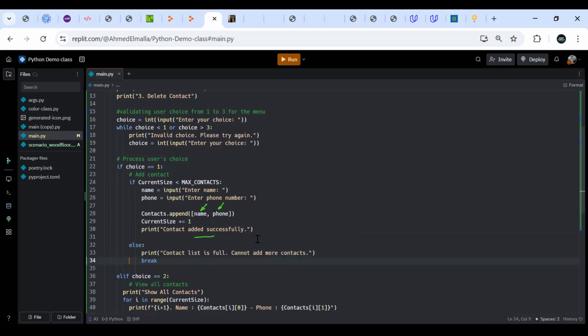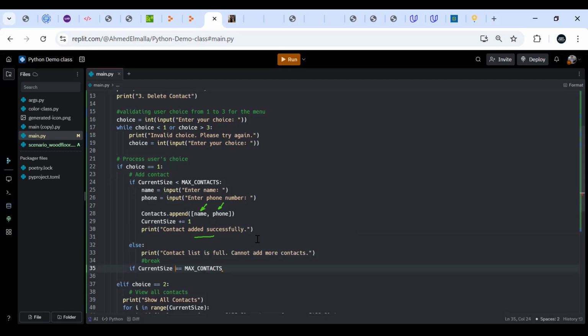But actually, break we can add later because we didn't yet put any loops that we need to skip from. And then we need to add an if statement to check if the current size is bigger than or equal to 2,